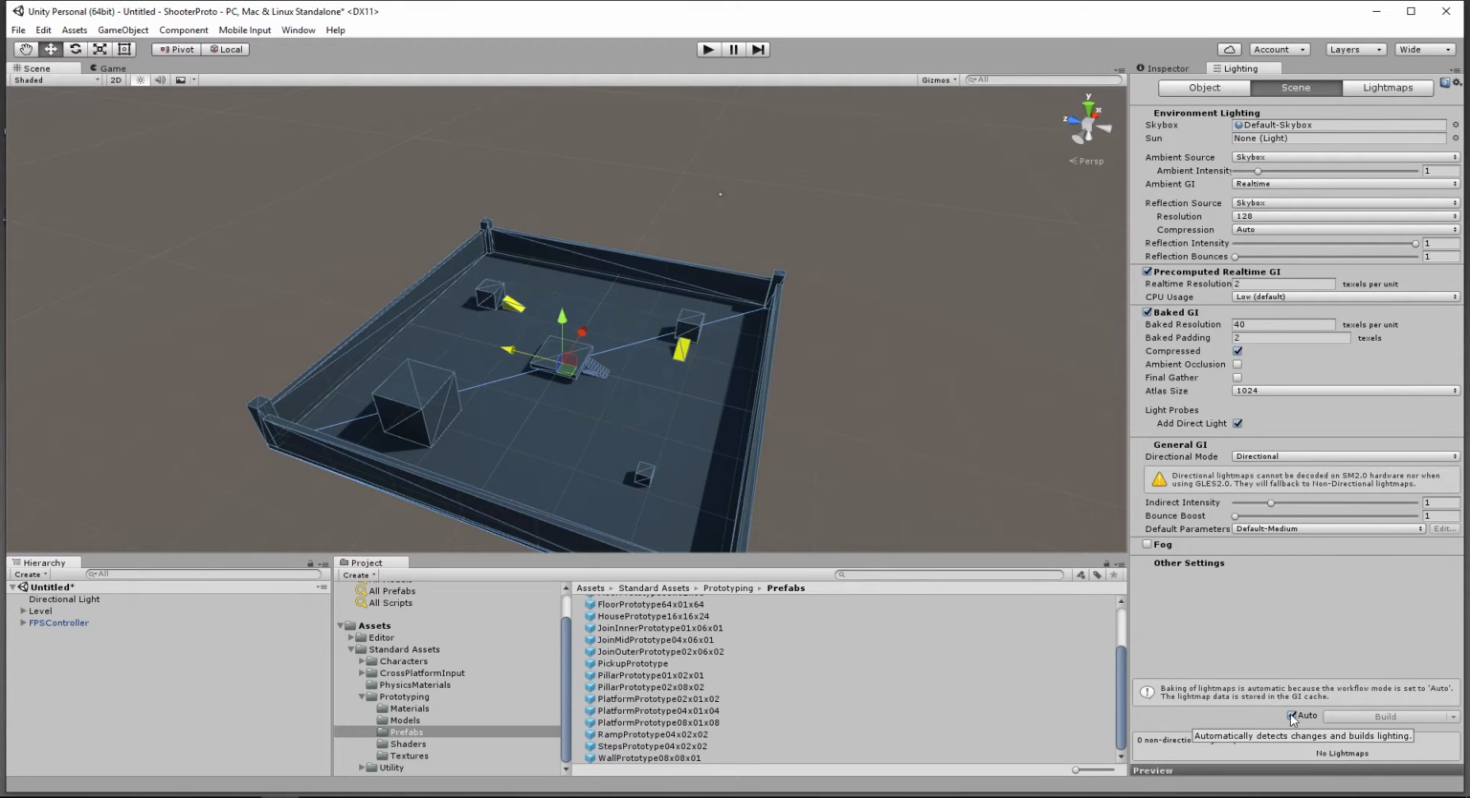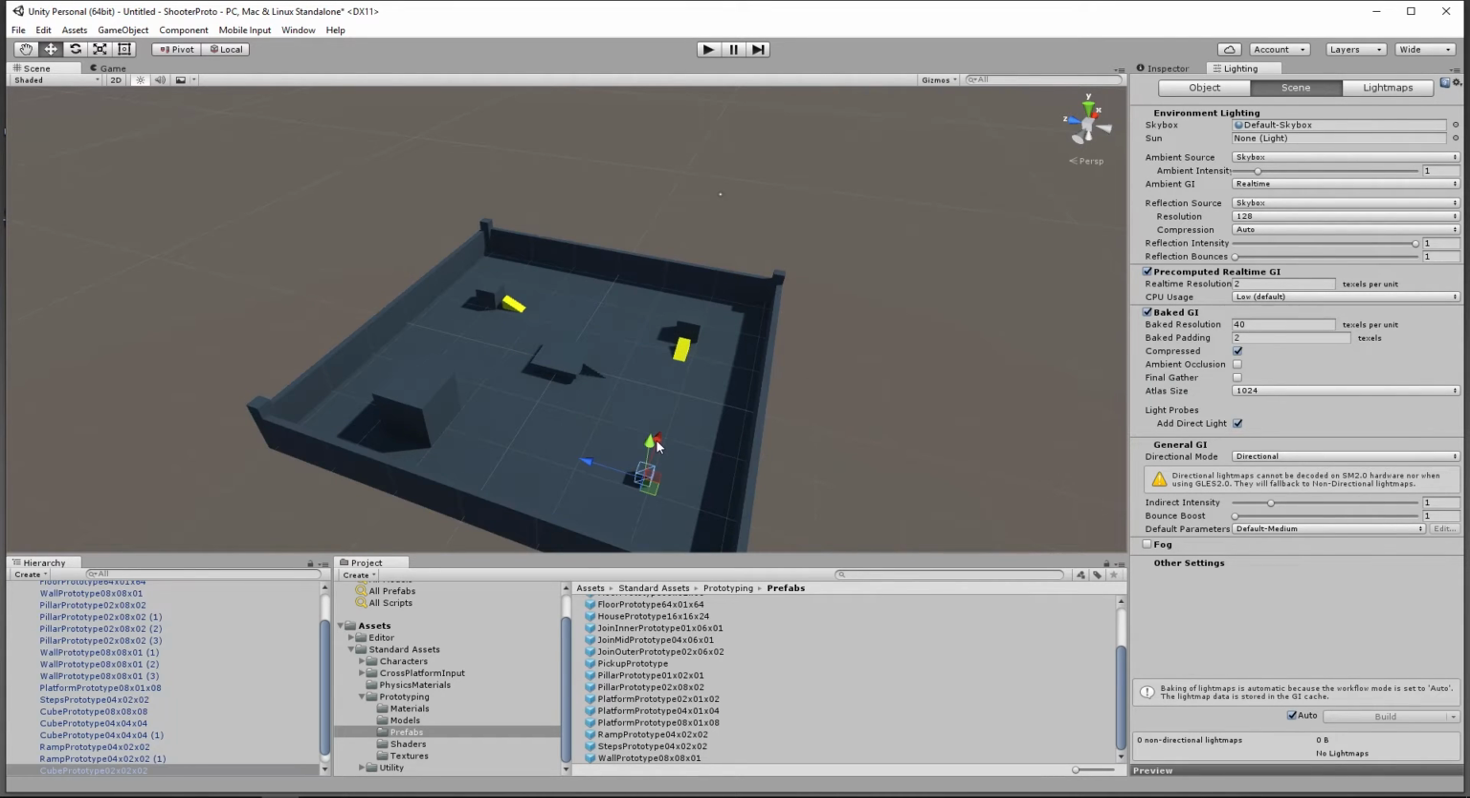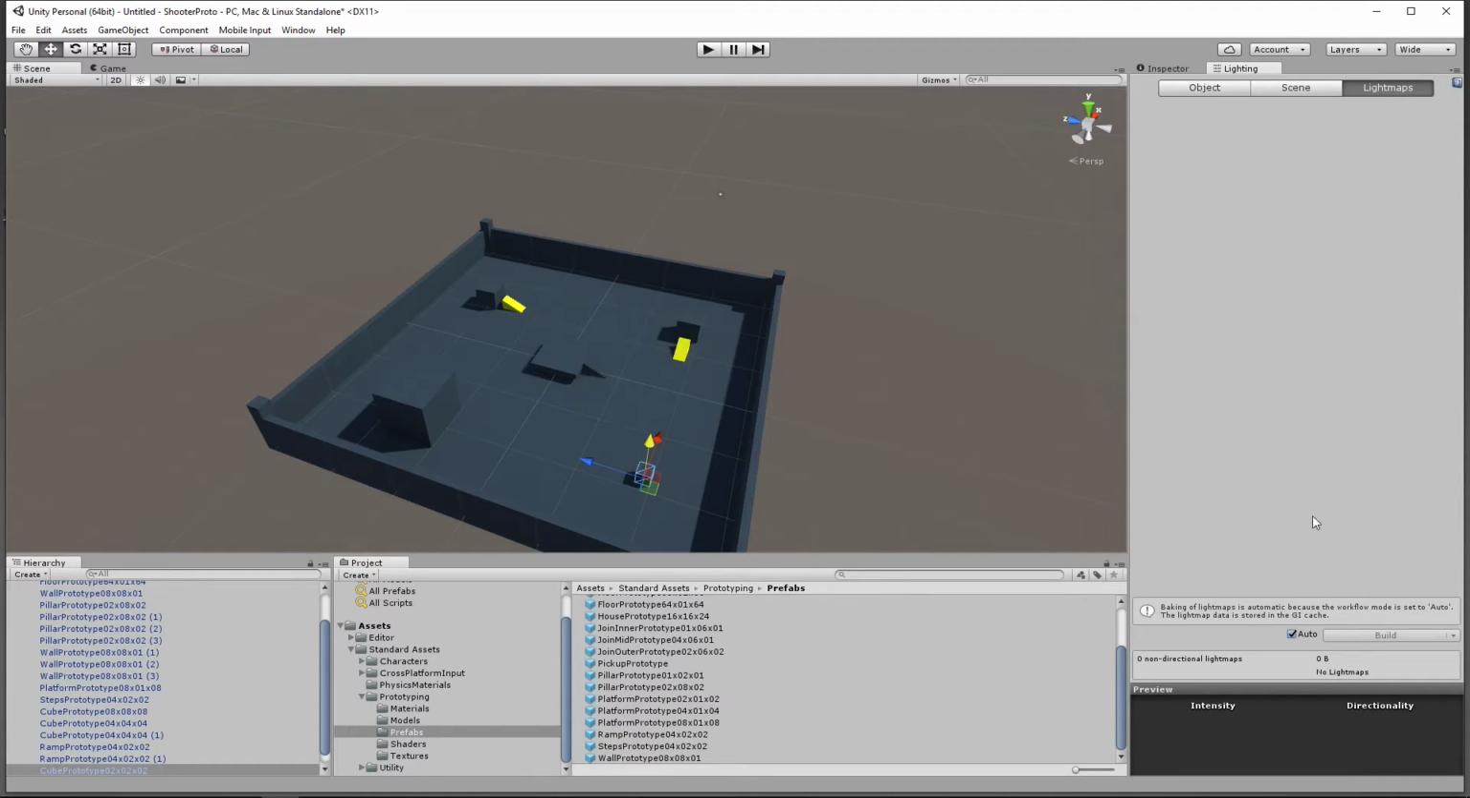So with auto turned on, it means anytime we make a change, like if I drag this cube a little bit up, for instance, you see it will start to recalculate the lighting, because it's going to recalculate where the shadows and the like are going. So if I undo that again, it will put it back down. Now if we look under the light maps, we'll see that there isn't actually any light maps calculated, and that's because our